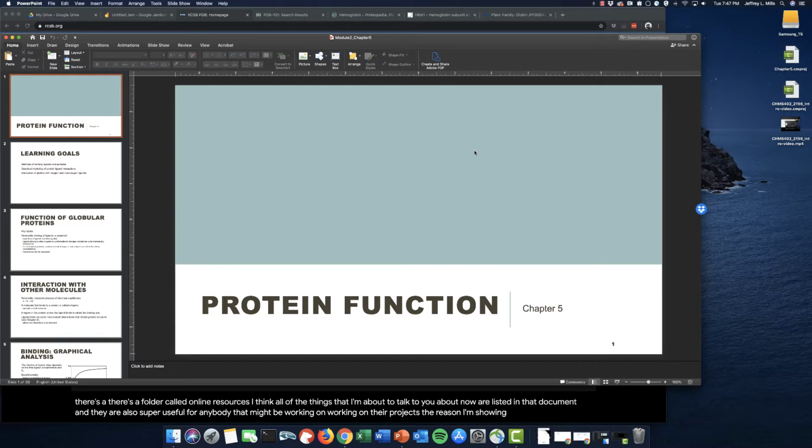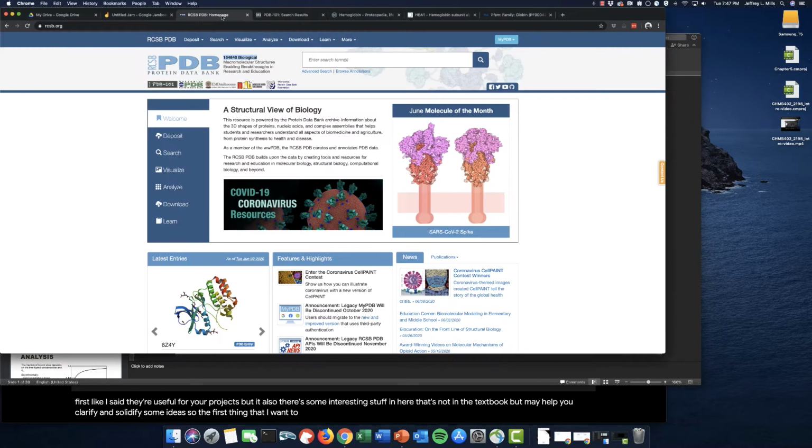The reason I'm showing them to you now, well, first, like I said, they're useful for your projects, but also there's some interesting stuff in here that's not in the textbook, but may help you clarify and solidify some ideas. So the first thing that I want to talk about real quick is the Protein Data Bank, the